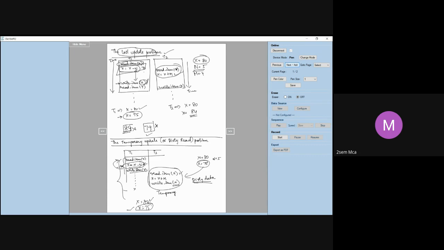This value of X which has got recorded is not recorded permanently in the database because T1 has failed. This value of the item X read by T2, you call it dirty data or the temporary update. Any questions on this? The second issue that we have discussed.